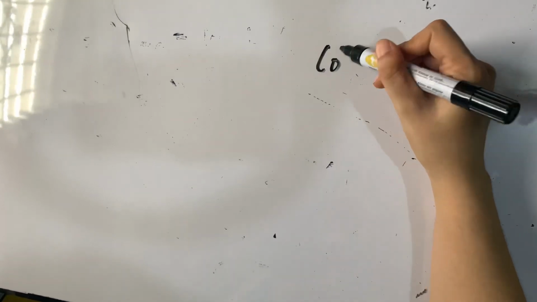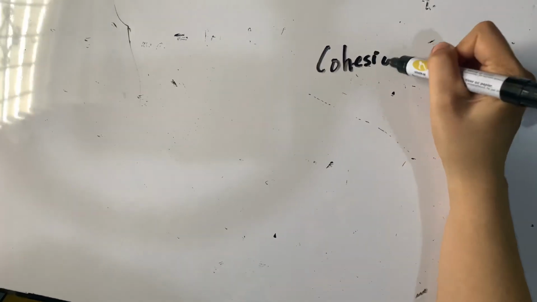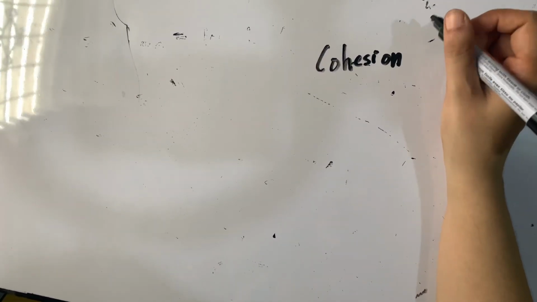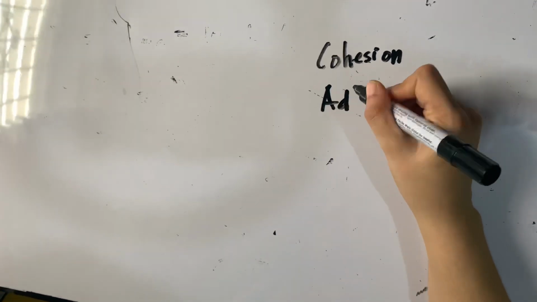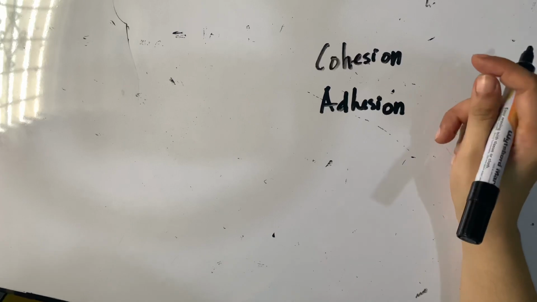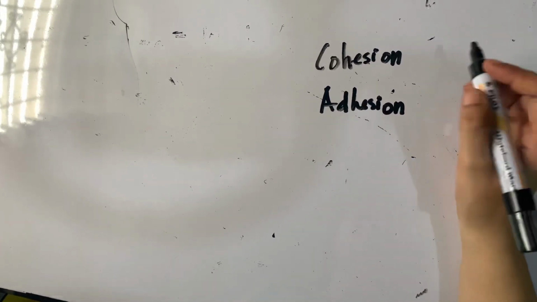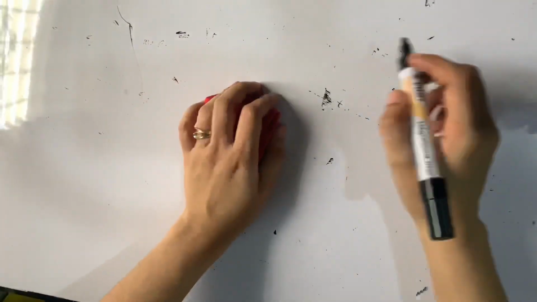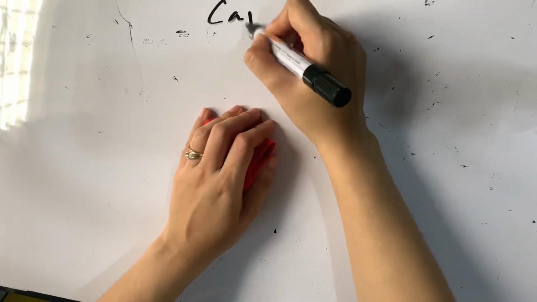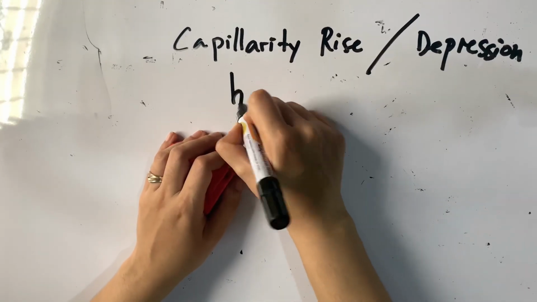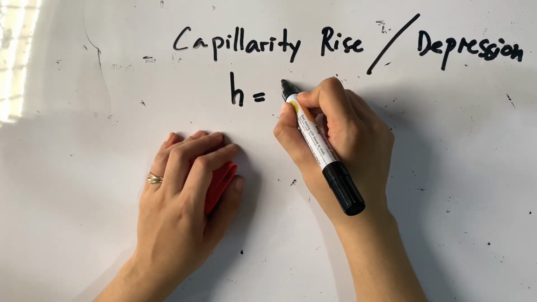Cohesion enables a liquid to resist tensile stress, while adhesion enables it to adhere to another body. Now, capillarity rise or depression is equal to